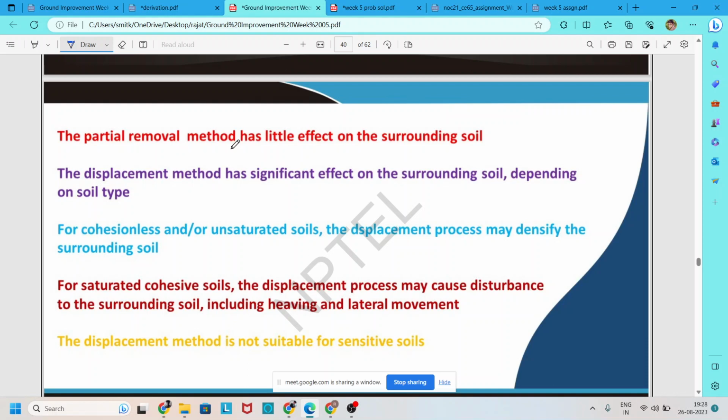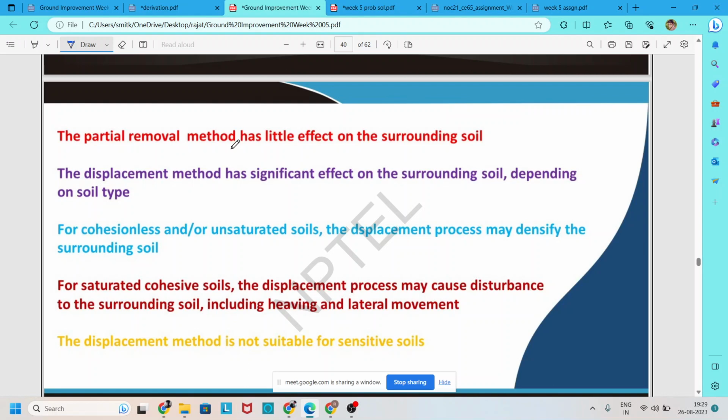But in the case of the displacement method, the surrounding soil material is affected significantly, and it also depends on the soil type. The displacement method is suitable for cohesionless and unsaturated soil, but it is not suitable for saturated clay soil or saturated cohesive soil. For that case, we use the partial removal method,